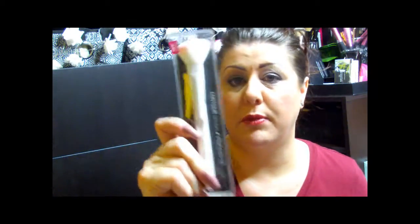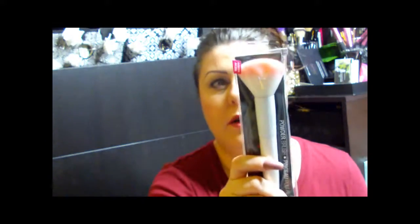And then the last thing that I picked up from Walgreens is the new things right here from Wet n Wild. So I picked up 6 of their brushes, but I believe they're 10 altogether. I wasn't able to find all of them. Picked up a blush brush, then a powder brush, stippling brush,